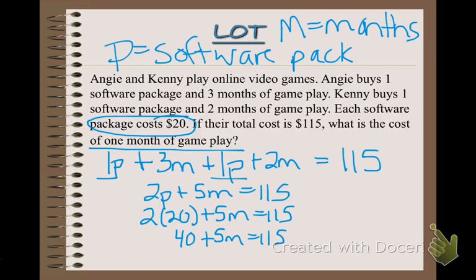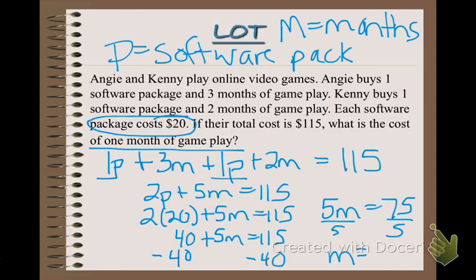I'm running out of space, I apologize. Subtract 40 from both sides, and so 115 minus 40 gives me 75. So 5M equals 75. Divide by 5, and I have